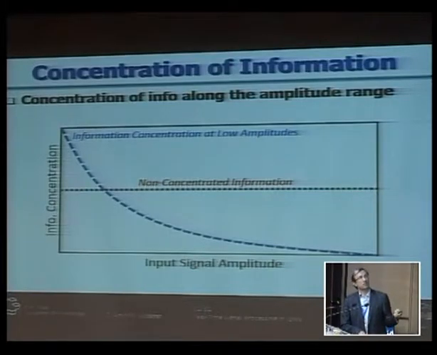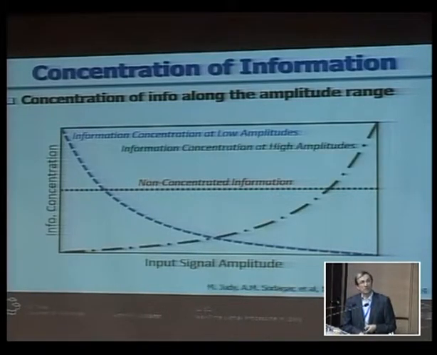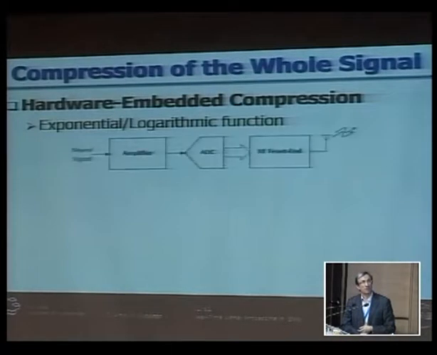But sometimes information is concentrated at low amplitudes, and some other times you are after the information that is located in higher amplitudes. So it might change our approach in signal processing if we know the exact signal that we are going to process. For neural signals,